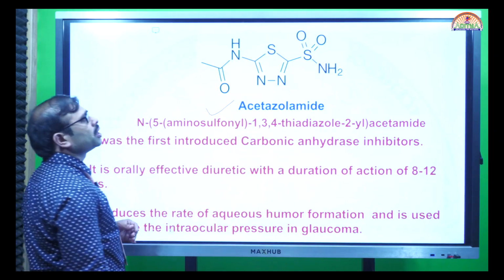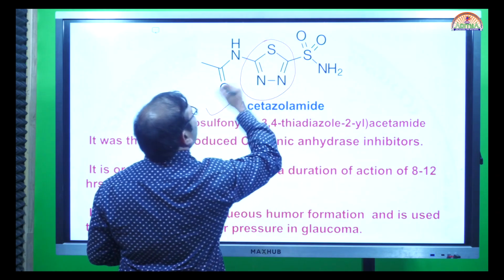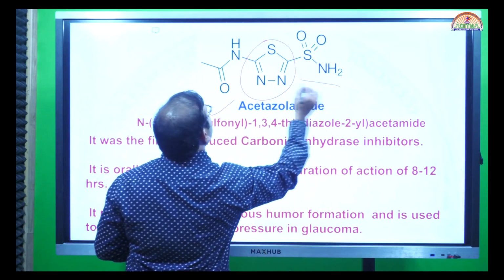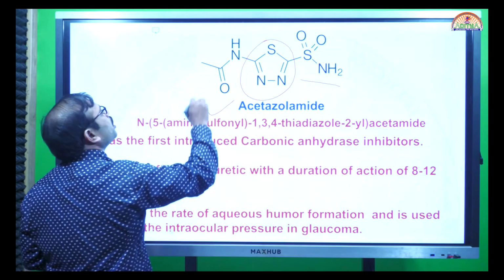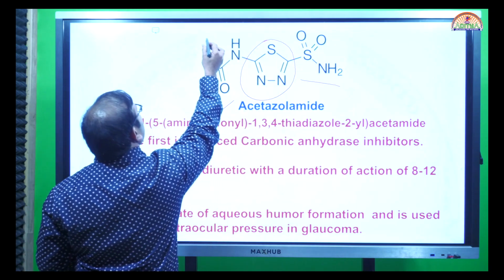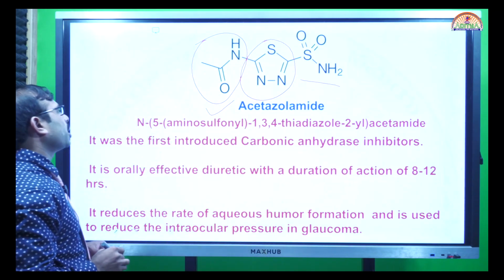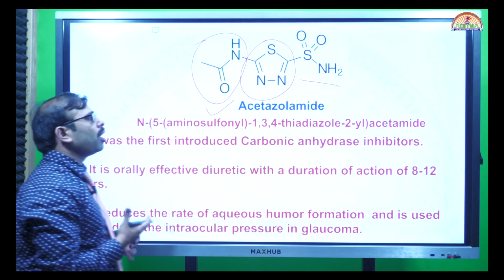We have seen that acetazolamide has a thiadiazole ring, a 5-membered ring with sulfur and 2 nitrogens. There is a sulfonamide moiety and an N-acetyl moiety. So these three simple parts: a heterocyclic ring, a sulfonamide, and a substituted amine attached to it. Acetazolamide is a common and highly commercial name, but when it comes to